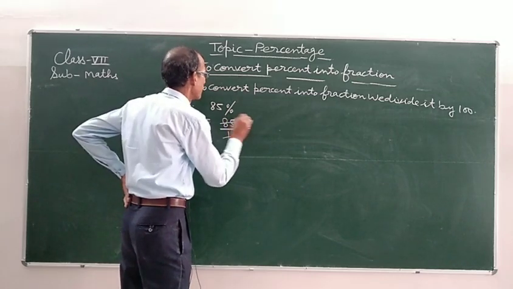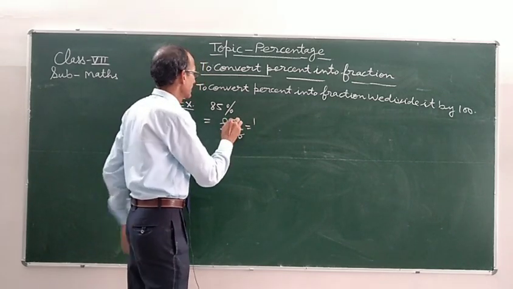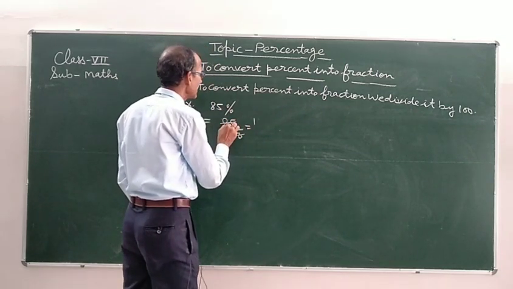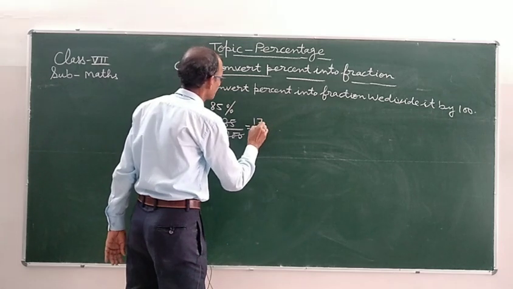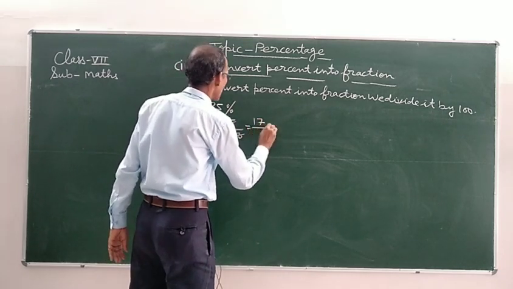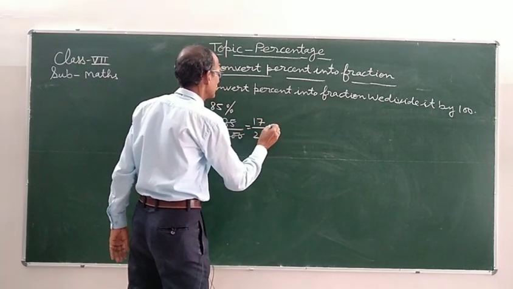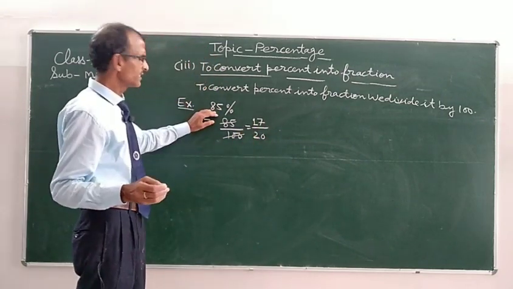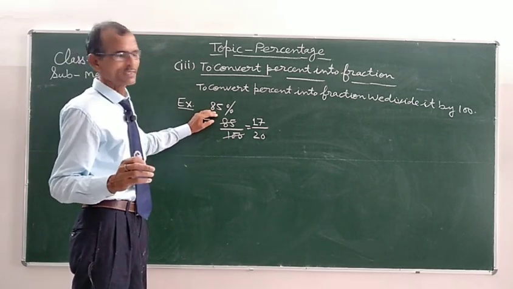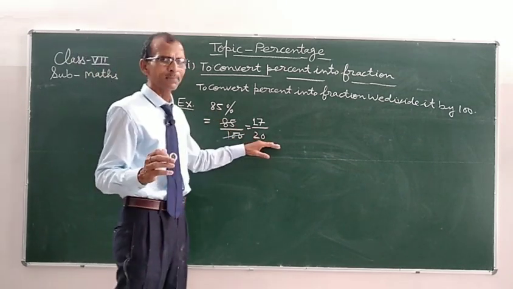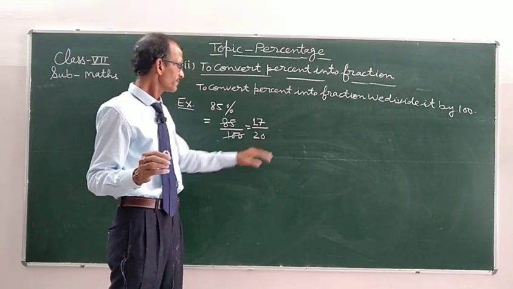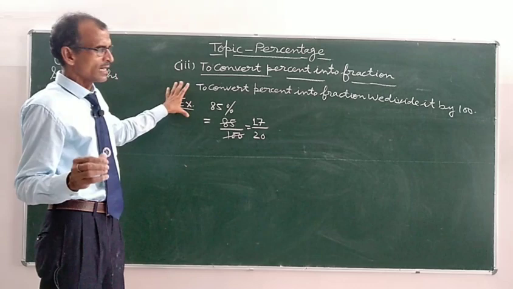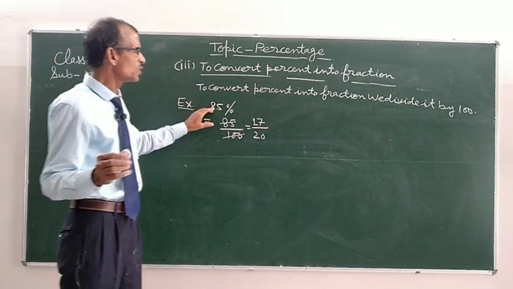We will get 5 1 ja 5, 3 8 5 3 ja 5, 1 ja 5 remainder 3, 35, 5 7 ja 35 upon 5 2 ja 10, 20. That is equal to 17 upon 20. 85%. When we convert 85% into fraction, we will get 17 upon 20. Okay? Yes, I think you have understood to convert percentage into fraction.